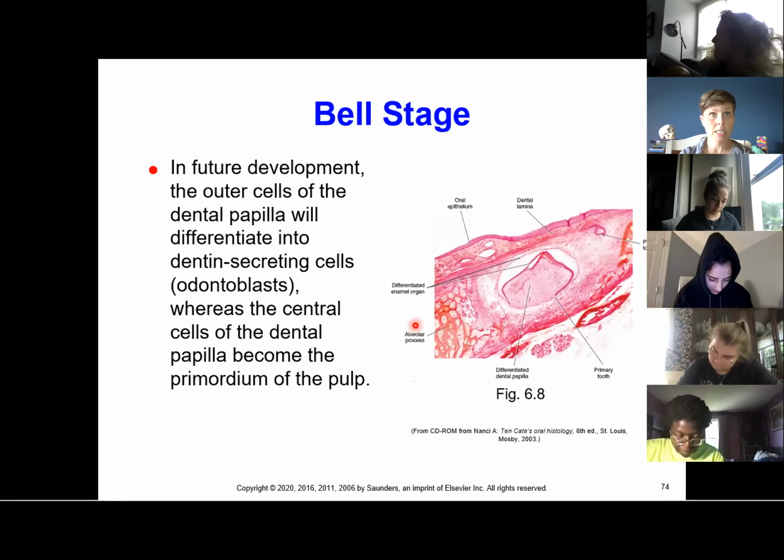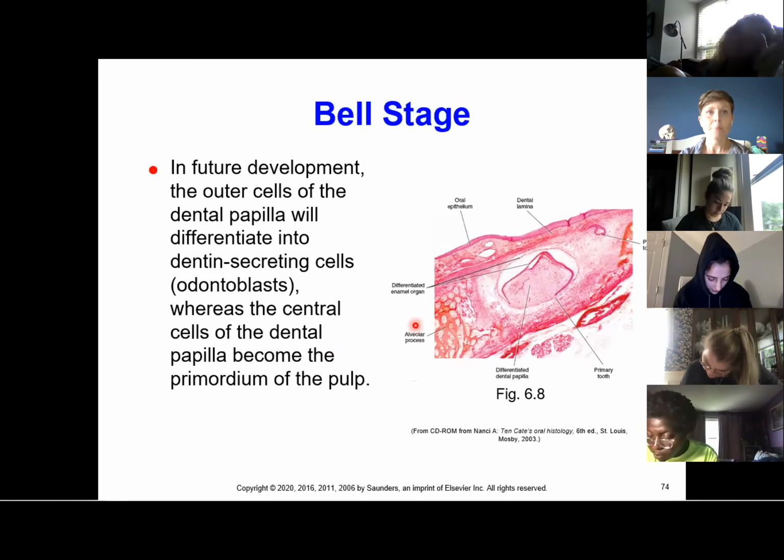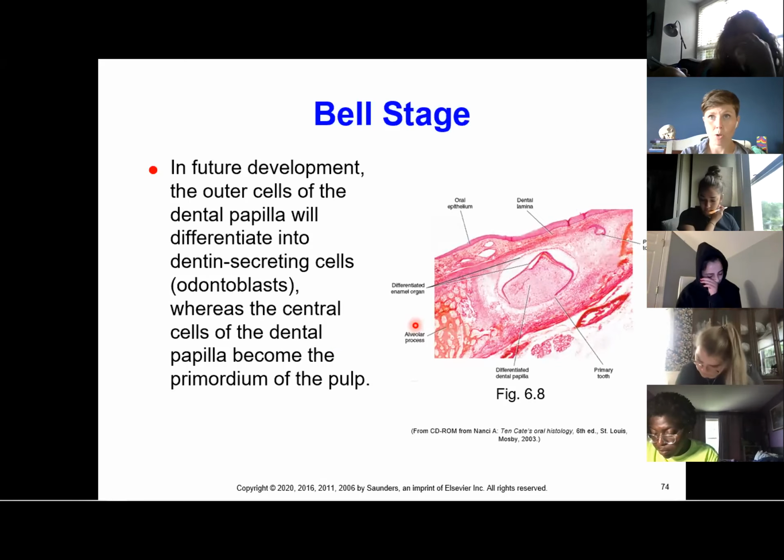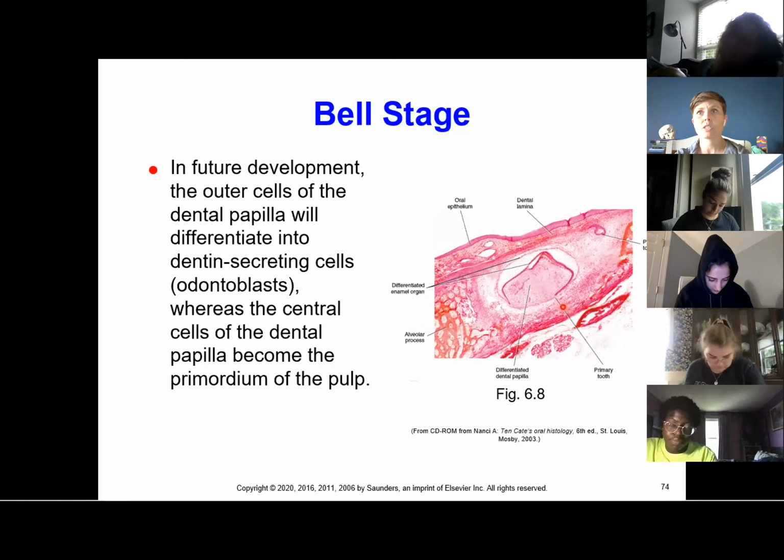In future development, the outer cells of the dental papilla will differentiate into dentin-secreting cells, odontoblasts, whereas the central cells of the dental papilla become the primordium of the pulp. So the outer cells of the dental papilla will differentiate into dentin-secreting cells, which are odontoblasts, which give us our dentin. And then the central cells of the dental papilla become the pulp. So here are your differentiated cells of the dental papilla, and then your central cells, I don't see them, but they will turn into the